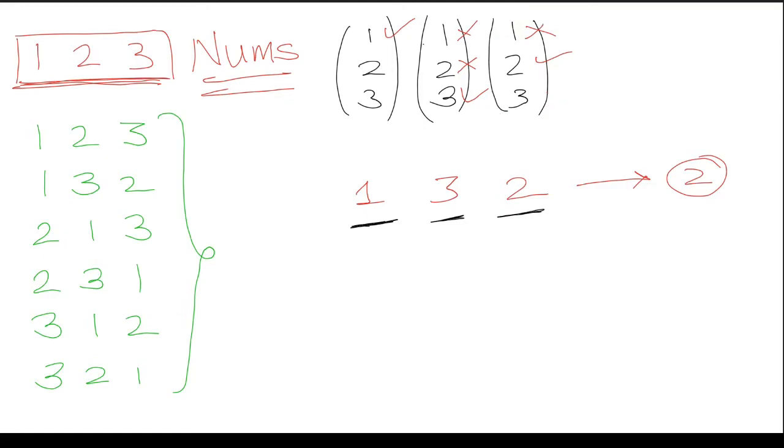So now I will go back and check if there are any remaining possibilities in the second block, but no, 3 was the last element. So now I have to go back to the first block. So is there any other possibility in the first block? Yes, there was. So what was it? 2. So if I take 2, then again I will go through the same procedure and we will get all the possible permutations. Okay, so now I will give you a tree structure which will make it easy to understand how backtracking will work in this problem. So let's see that. Let's erase all this and we will see the tree.